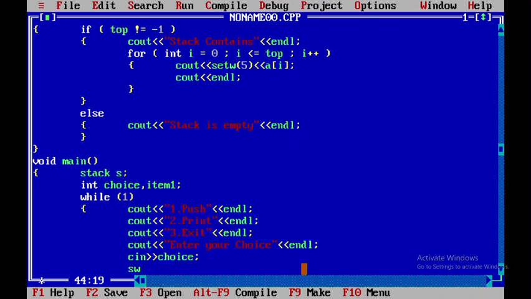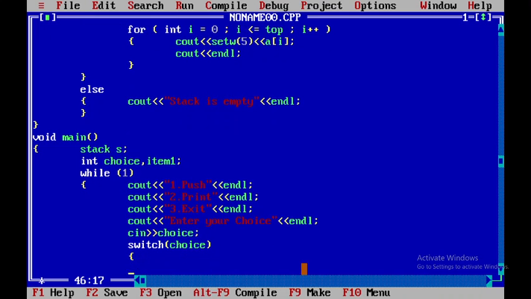Now I'll be using a switch statement of this choice. So within this, I'll be writing case 1. If it is case 1, then what do I need to do? I need to perform a few things. So the thing is cout. Within this, I'll be writing cout statement. So here I'll say enter the item to be pushed. Within double quotes, I'll enclose this, and at the end I'll be introducing one endl line,